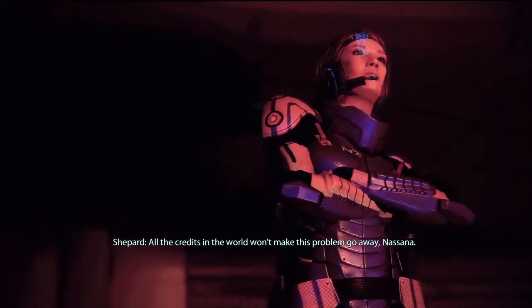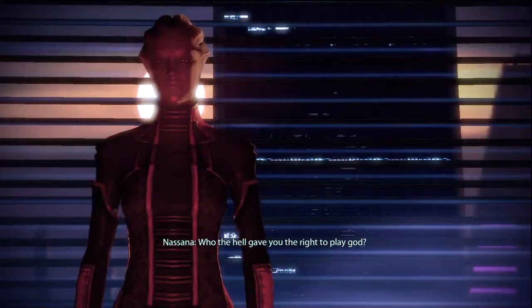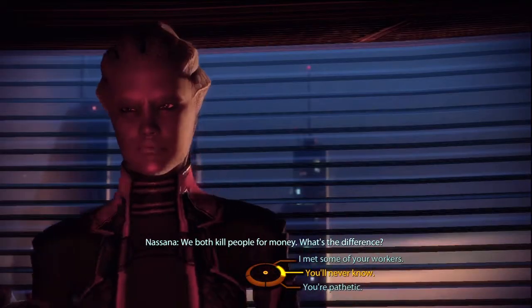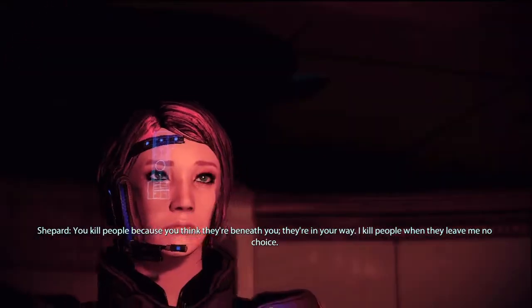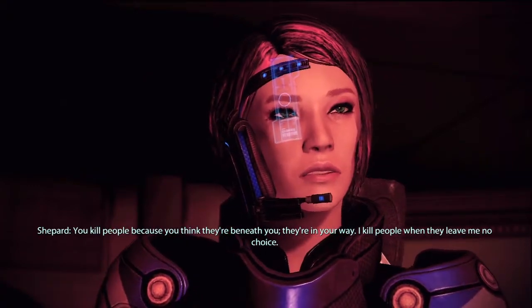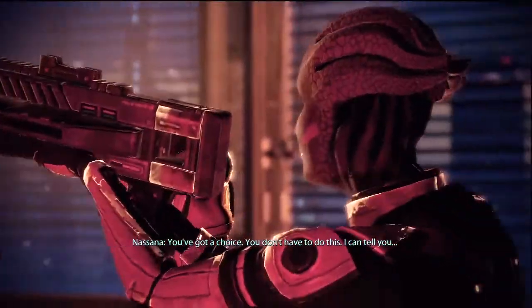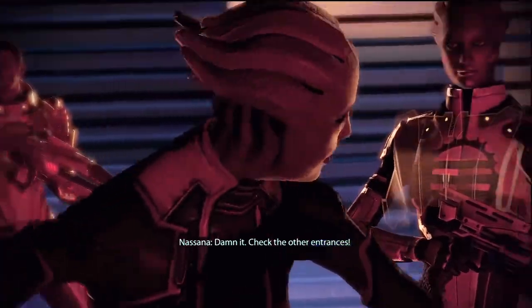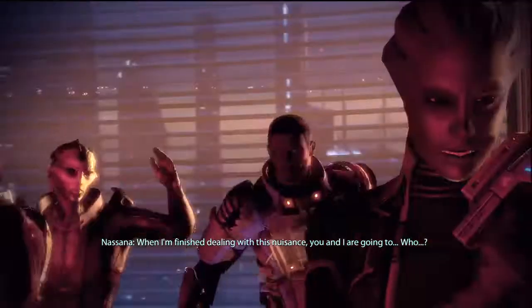All the credits in the world won't make this problem go away, Nasana. Who the hell gave you the right to play God? I may not be perfect, but look at you. We both kill people for money. What's the difference? You kill people because you think they're beneath you. They're in your way. I kill people because they leave me no choice. You've got a choice. You don't have to do this. I can tell you. What? I heard something. Damn it. Check the other entrances. You stay put. When I'm finished dealing with this nuisance, you and I are going to...